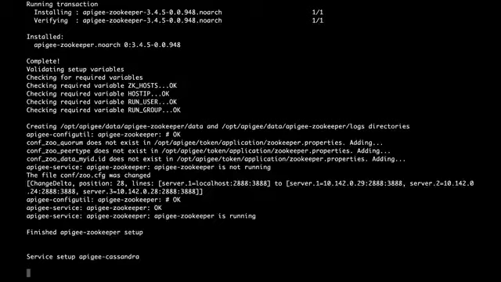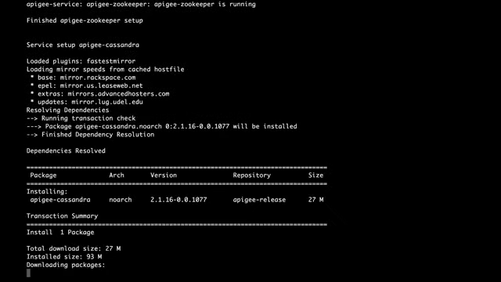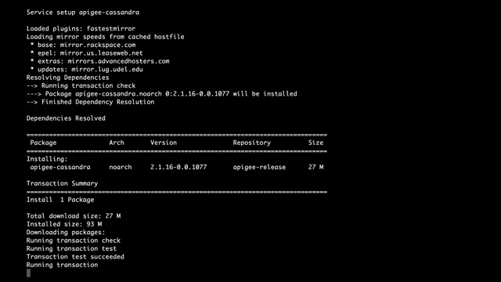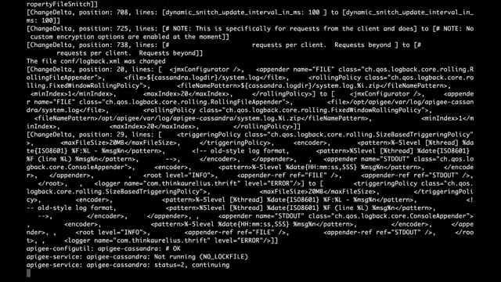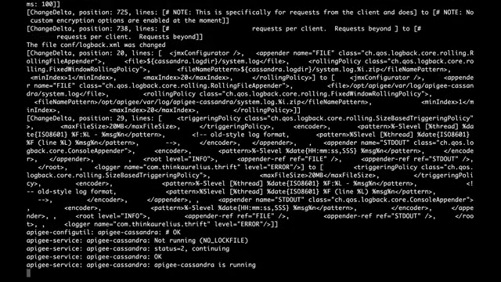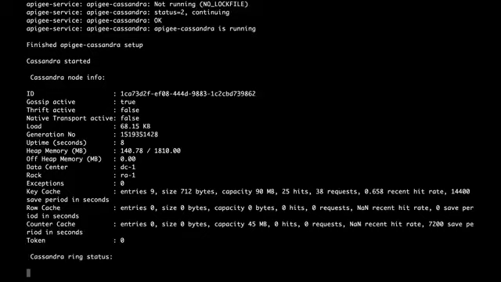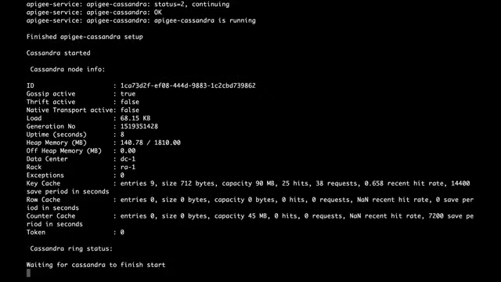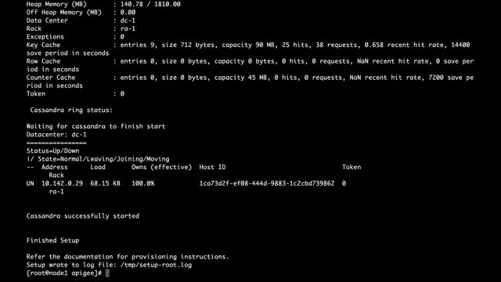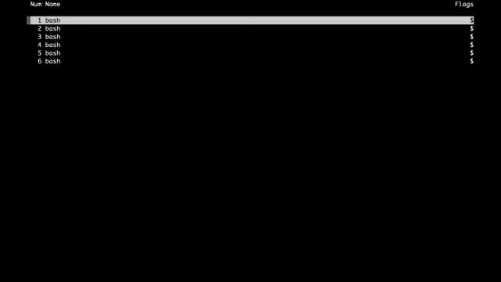You will notice that as the setup program proceeds, there are a few common operations on each component. The first step is to install Apigee software RPMs using Yum. After that, we see the configuration generation step, which we refer to as code with config. We will discuss that in detail in a later module. Any internal service configuration, such as setting up database files, happens next. Finally, the service starts and setup of that component is finished.